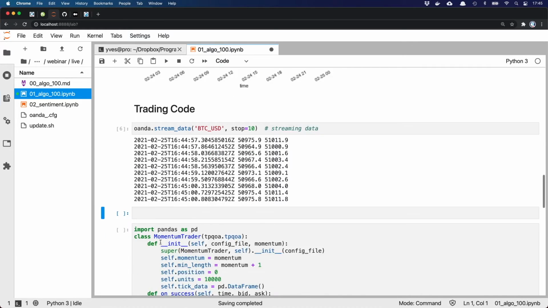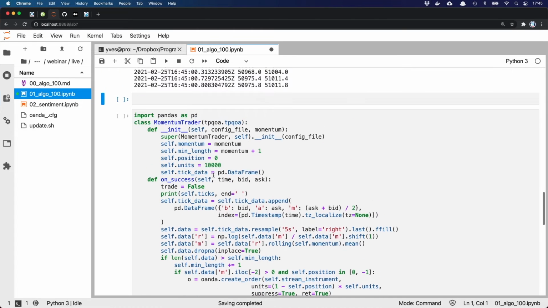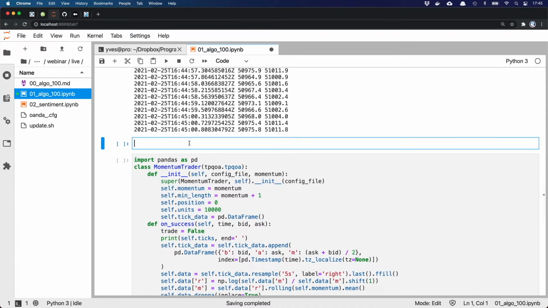And the next thing is, and this is used here as well, let me see here, you see like the create order. So this is for trading. That's the second important element that we need. That's Oanda create order, right? And now we can create an order for euro, US dollar, let's say. And I need to specify the number of units.